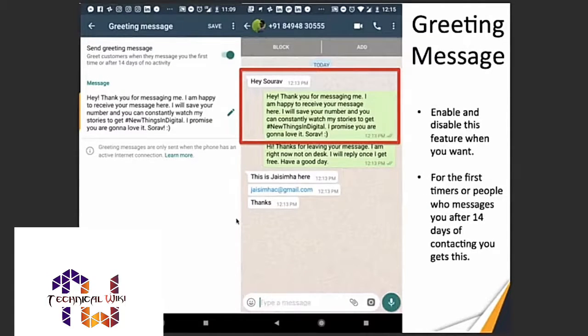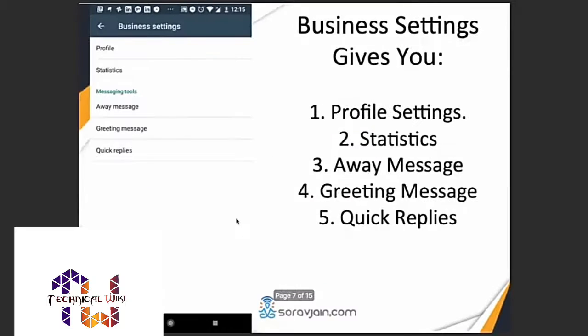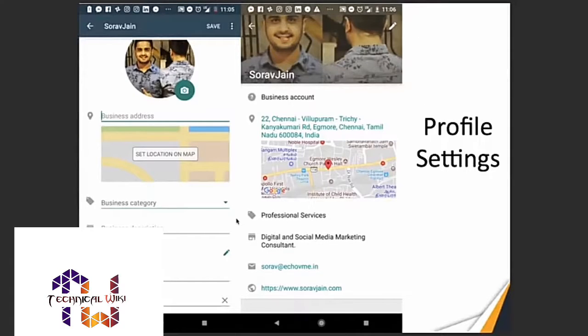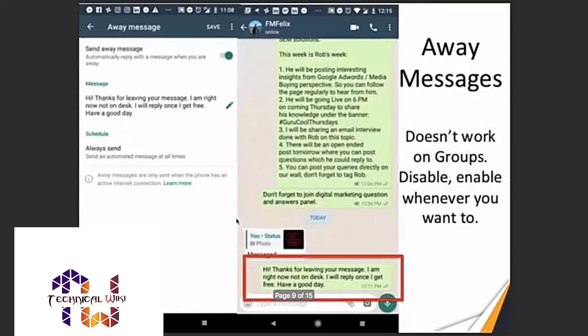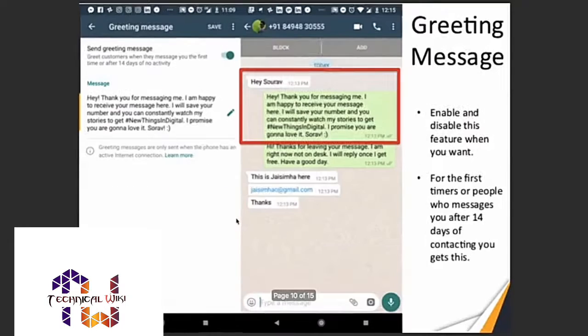Something that I have not discussed today is about the statistics. Statistics is very simple. It just talks about how many people you sent messages to, how many people have read the messages, how many people have replied to you. So that's the figure it tries to